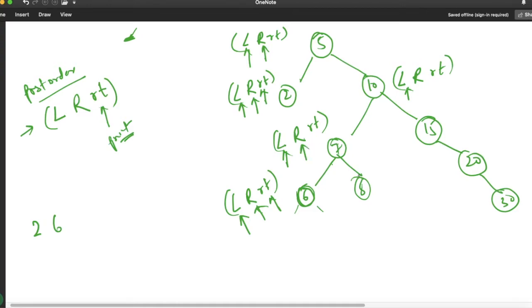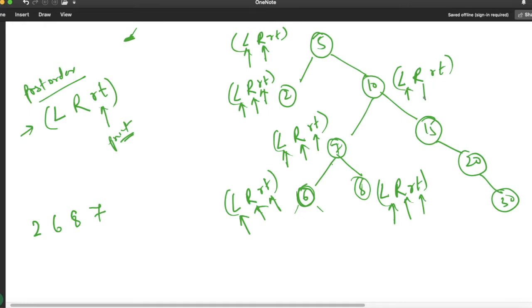The right part has this node, so again we apply left, right and root. Here left is none, right is also none and root has value 8, so we simply print the root value. We are done with left and right for this node. Next is root itself, so value is 7. We are done with this whole node, which means the left part is completed, as we have called it recursively and applied the same formula for each and every node. So we are done over here.